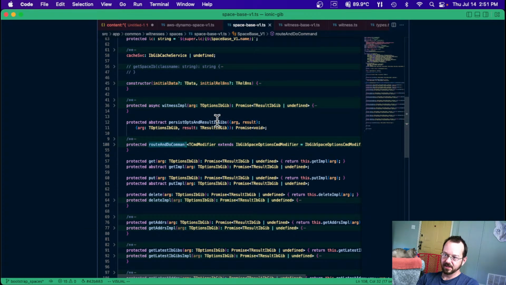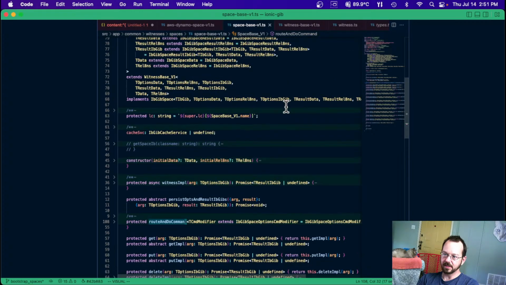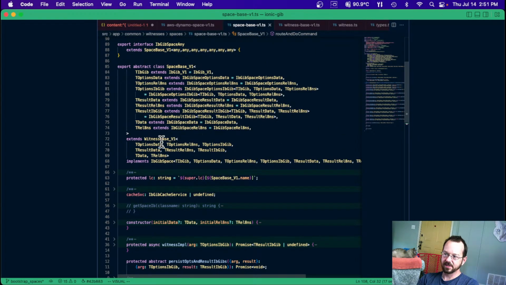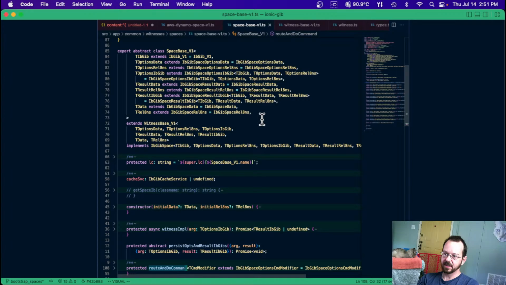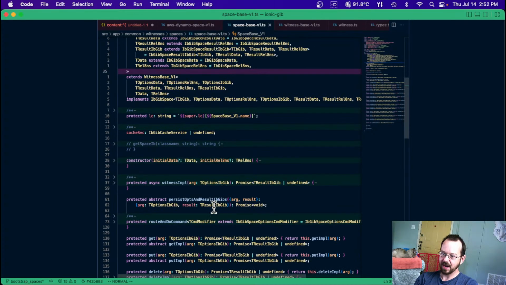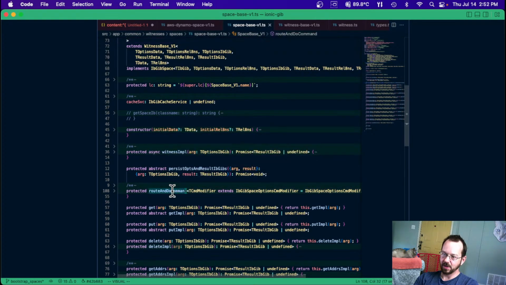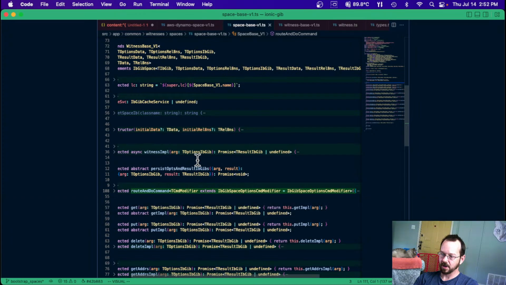Route and do command. So this is a command-based witness. It's kind of like if you're keeping track of your functions of your classes, it uses a command pattern where everything gets routed through that witness, but you can actually implement your classes and just implement your routing for